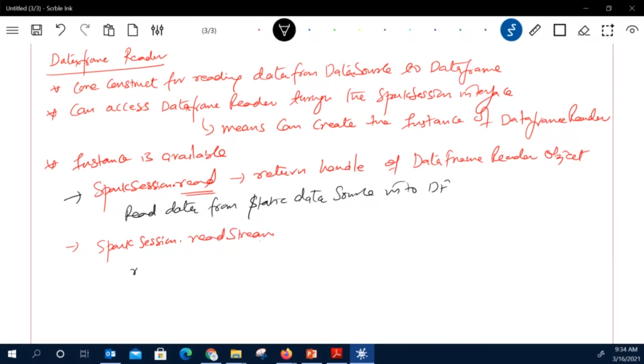This will return the instance to read from streaming sources. The streaming sources you are going to learn in your next session, when you are going to understand the streaming concept, where you will learn Spark streaming as well as Kafka streaming, Kafka Streams. In that scenario you are going to learn two things. But we are going to utilize the first approach in our current session.